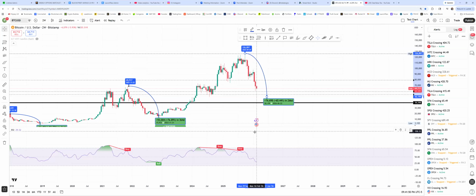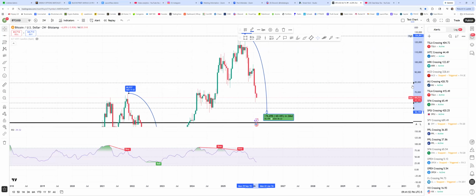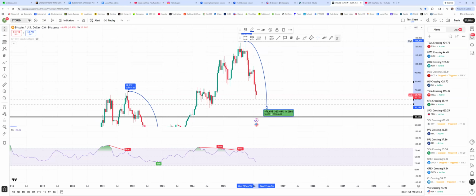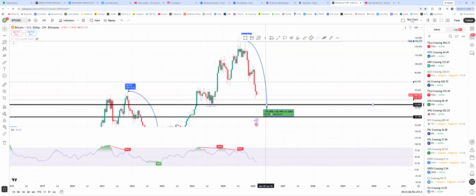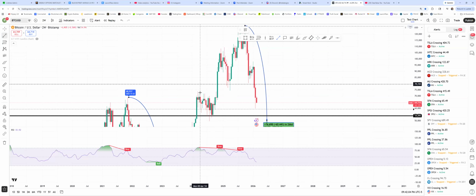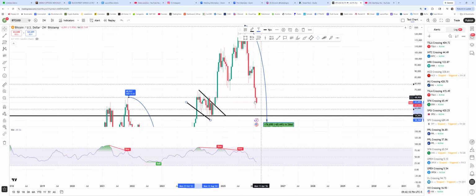And that is where I personally think we could get to, because 50 makes too much sense. That will put us here at the low of this bull flag, right? That would make sense. And judging from the price action here,